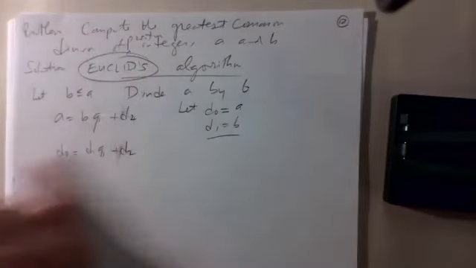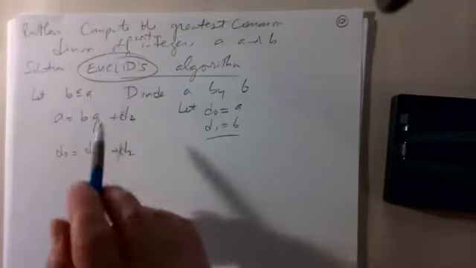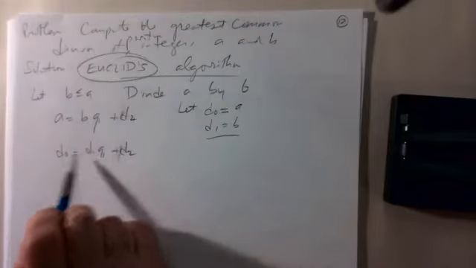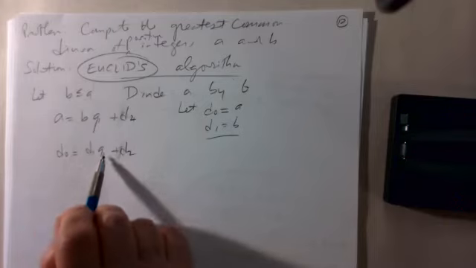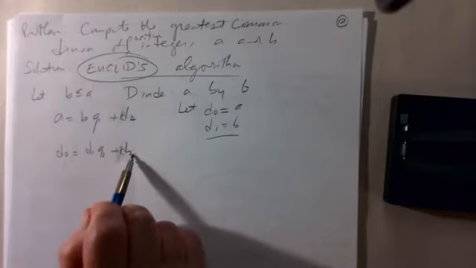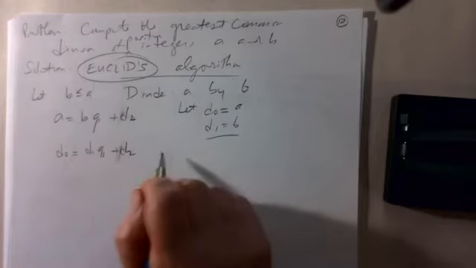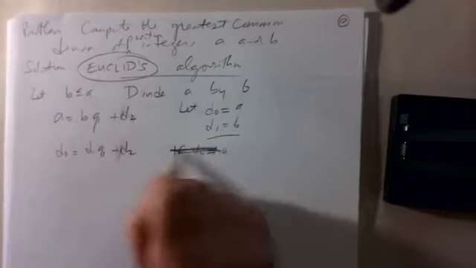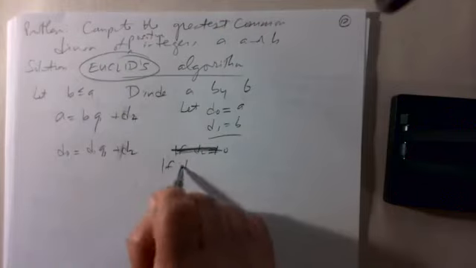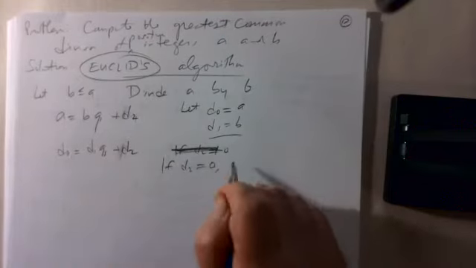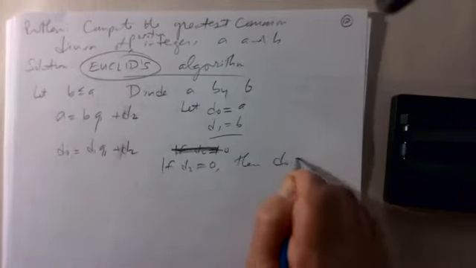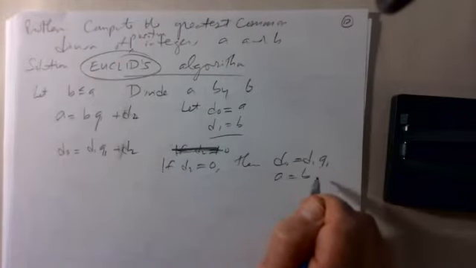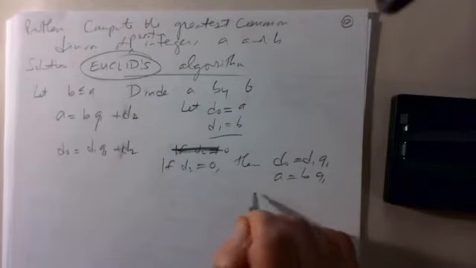So this is just changing the notation to make it easier to follow. This is A, this is B. Take A divided by B, call the quotient Q1 and call the remainder D2. If D2 is 0, then D0 is D1 Q1, which means A is B times Q1, which means